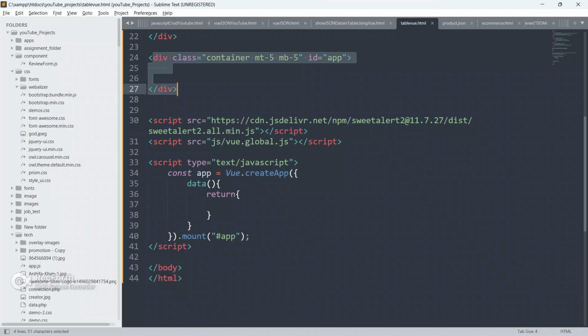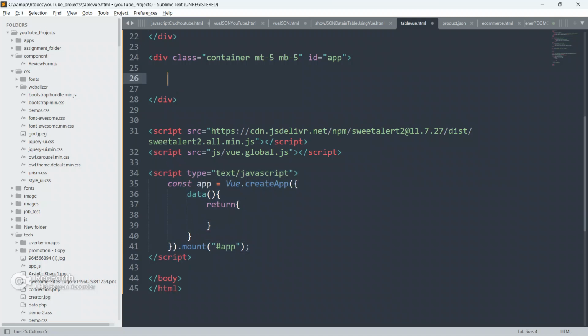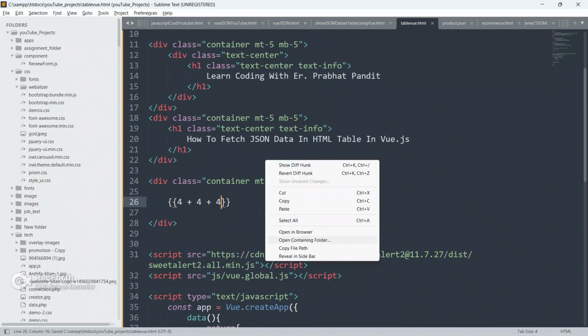So guys, just to check that this entire div has been mounted with this instance of Vue.js, what we generally do is write double curly braces, and we perform some kind of simple calculation. So 4 plus 4. So guys, ideally we will be getting 8.